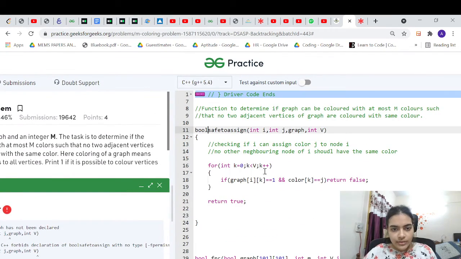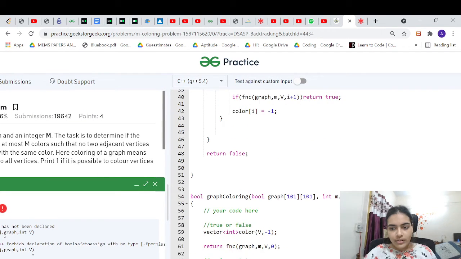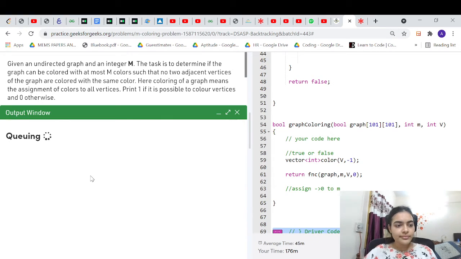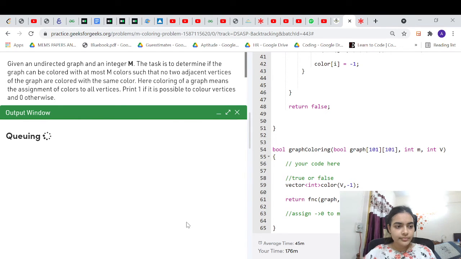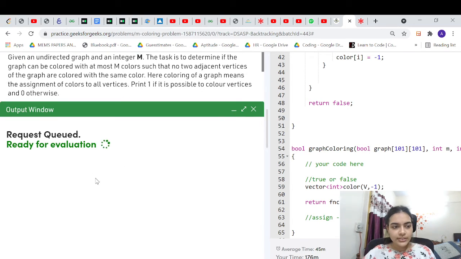Okay, so this should work now. Let me compile and run it again. It's taking some time. It's ready for evaluation. Let's wait and see if it's working.